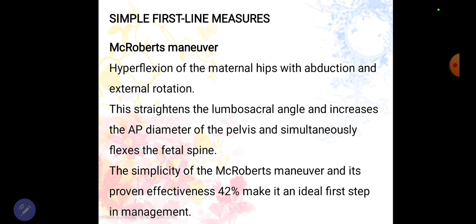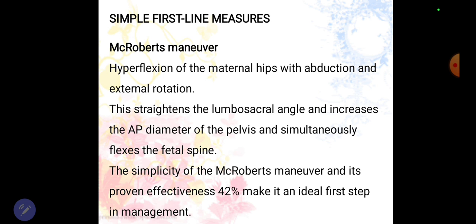McRoberts will straighten the lumbosacral angle and increase the anterior posterior diameter of the pelvis and simultaneously flex the fetal spine. We said delivery of the fetal trunk by lateral flexion. Okay? So it will aid in the flexion of the fetal spine. The simplicity of the McRoberts maneuver and proven effectiveness, which will reach 42%, make it an ideal first step in